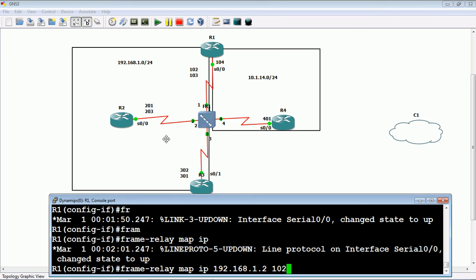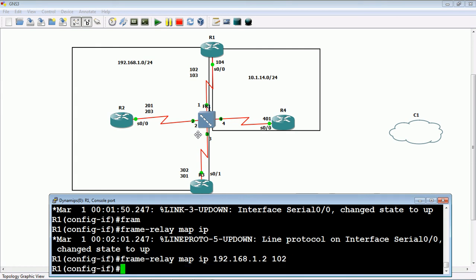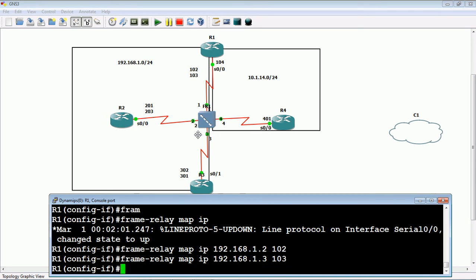I cannot tell about 201; that has to be configured on R2. To reach router 2, I will use DLC 102. When I have to reach router 3, I will use DLC 103. If I give it like this, it will never allow any protocols to run. You cannot run any protocols on this. If you run a protocol, suppose BGP or anything, it will not run. Why? Because I want to give an extra command,